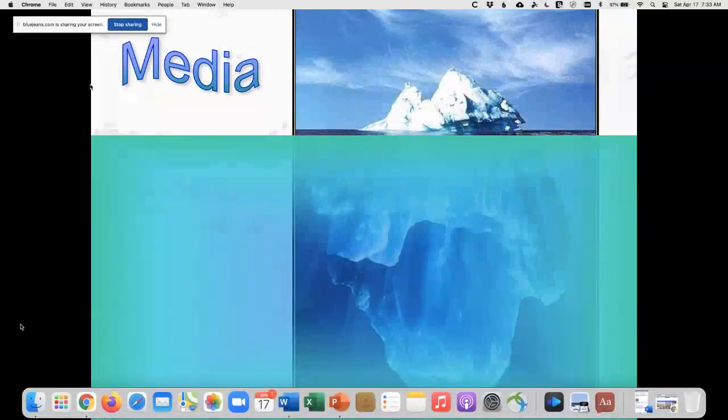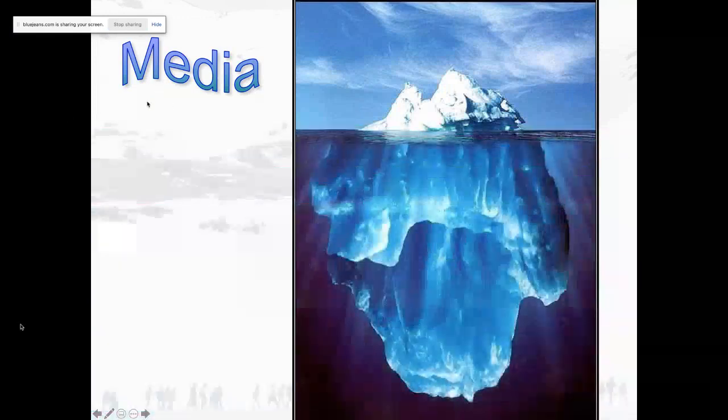There's a researcher in England named Robert Ferguson who uses the metaphor of an iceberg. And he says most people, when they're looking at media, whether they're watching a movie or reading a book or listening to music, focus just on that tip of the iceberg. They don't think much deeper about the media that they're interacting with. And he argues what we need to do is go below the surface and ask different questions.